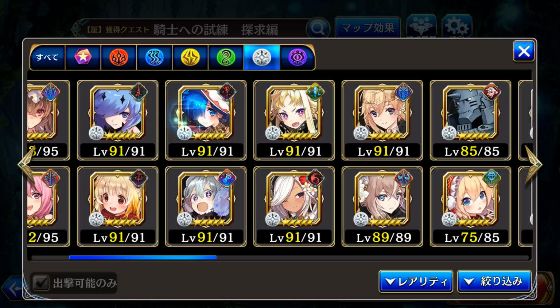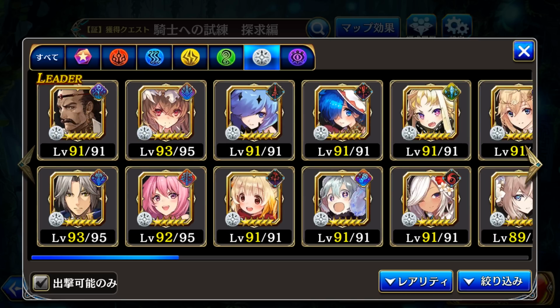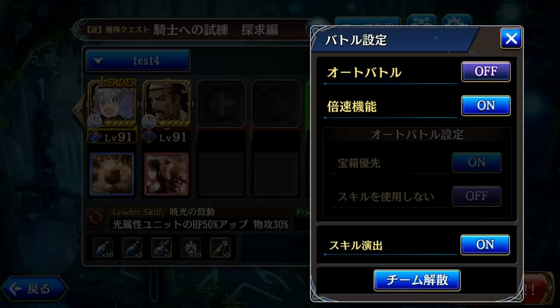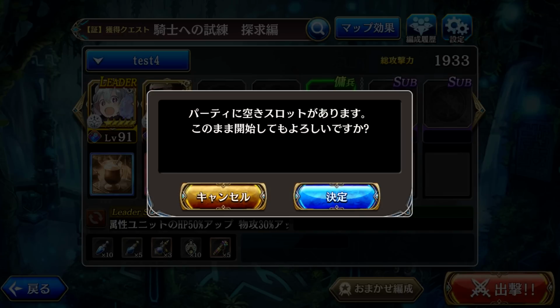Let's get into his kit, and I'm going to... Who do I want to lead? Let's use Mela. Alright. So,